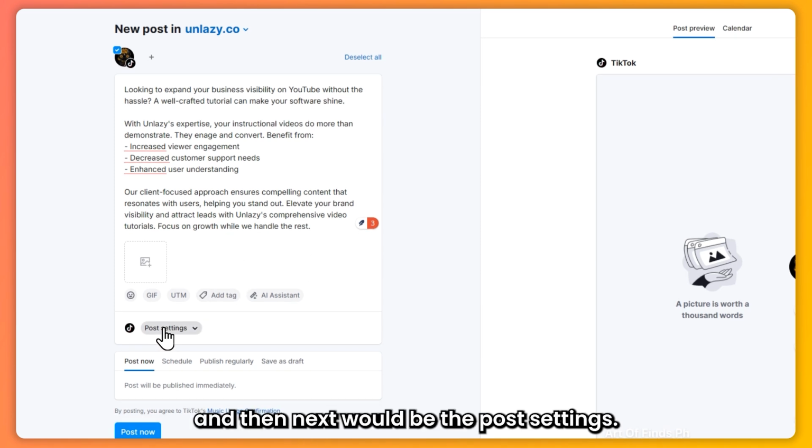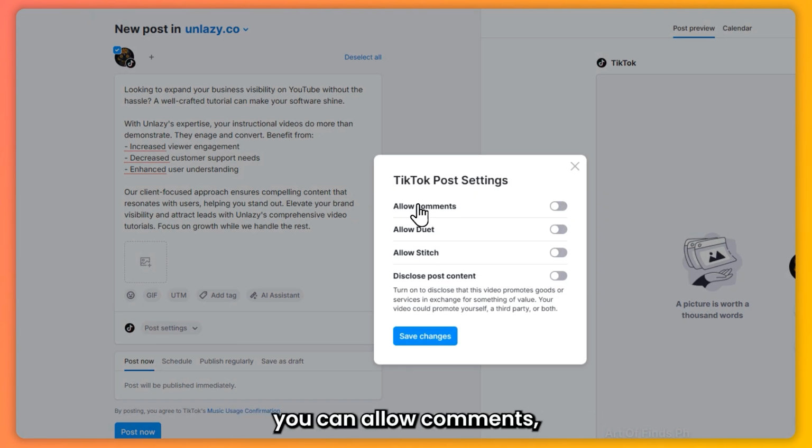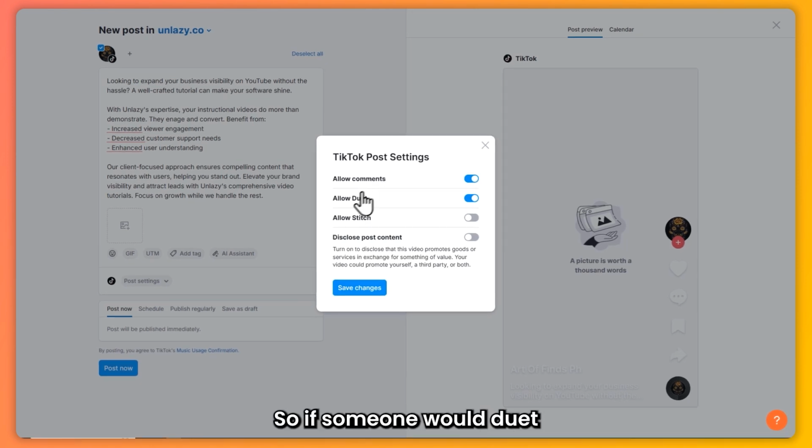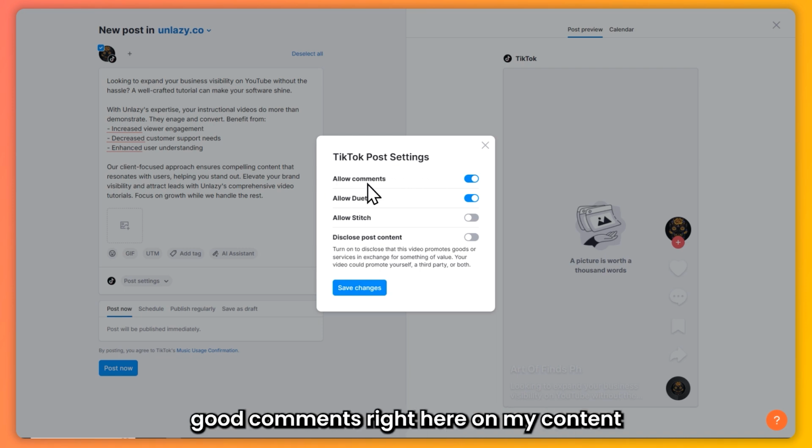And then next would be the post settings. From here, you can allow comments, duet, or stitch, or disclose post content. So these are your TikTok post settings right here. Depending on what you want, you can just enable your options right here. In my case, I'll just go for comments and duet, since they would help me boost visibility. If someone would duet my content, then that is basically free marketing on my side. And for the comments also, since I think they would give good comments right here on my content,